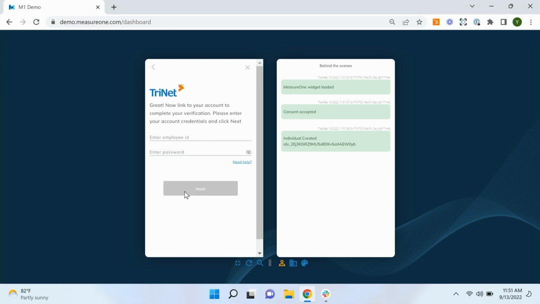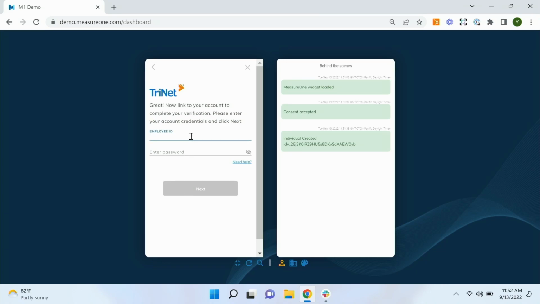And we've jumped immediately to a login capture screen for TriNet. That's because we know that MeasureOne uses TriNet as its payroll system. We know this for over 100,000 different employers. And otherwise, Maya could have selected from a list of over 4,000 unique payroll system connections, by far the industry leader. That is double the amount of payroll connections to the next closest competitor and 5 times the industry average.